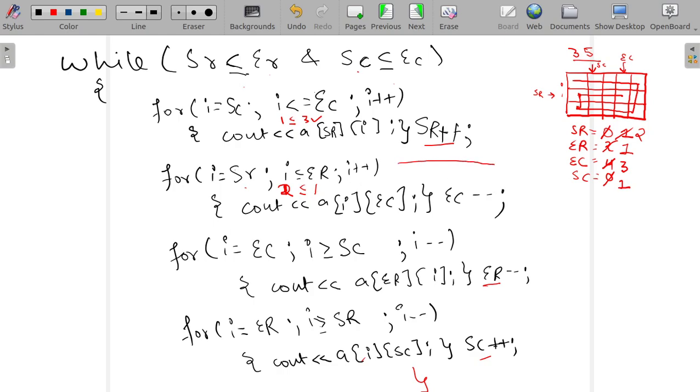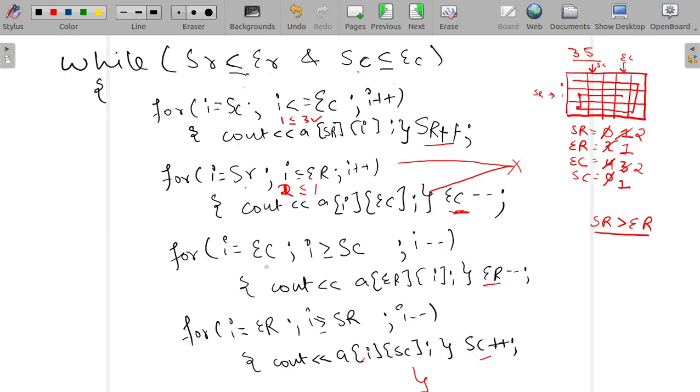So this part of the program will not work, but the value of end column will get decremented because this decrementing condition is not inside the loop, right? So value of end column will get decremented to 2, right? Okay, so now we have to write this here. Let's write for which condition this loop doesn't work. It doesn't work because value of start row has become greater than end row, right? Because of this condition the second loop didn't work, right?